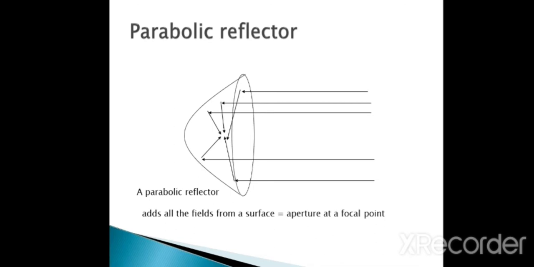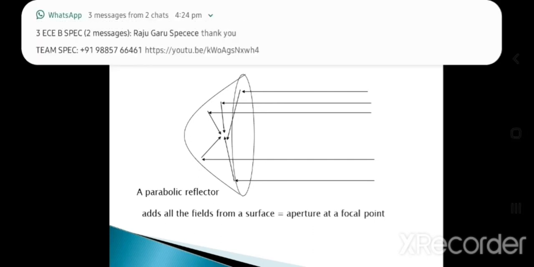The reflected wave forms a collimated wavefront generally, and out of the parabolic shape, the ratio of focal length to aperture size, which is indicated by the F by D ratio, is very important. The F by D ratio is a very important parameter in a parabolic reflector to give good radiation patterns. The values should vary between 0.25 and 0.5. Here we are applying the law of reflection, which states that the angle of incidence is equal to the angle of reflection.